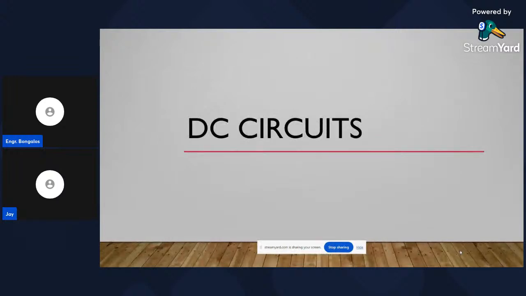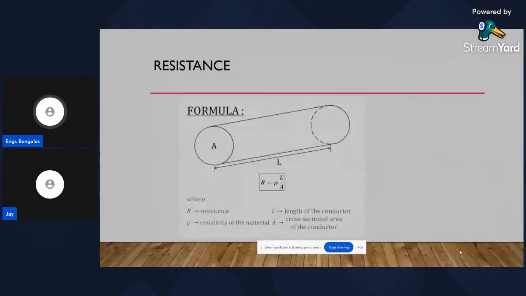So yung topic natin ngayon is DC circuits and AC circuits. Familiar naman ata kayo na yung electrical engineering professional complex is 45% ng average natin sa board exam. So kailangan natin 'tong seryosohan. So for DC circuits, first kailangan muna natin pag-usapan yung